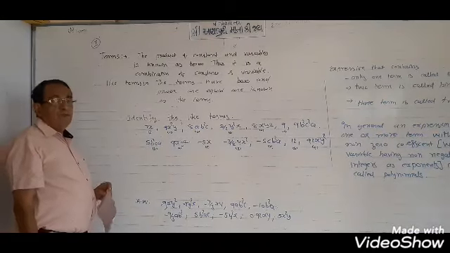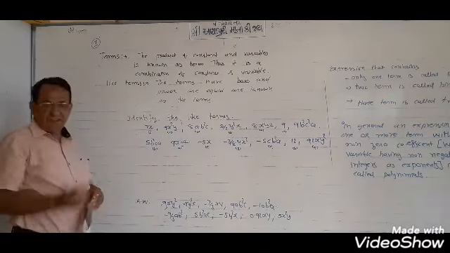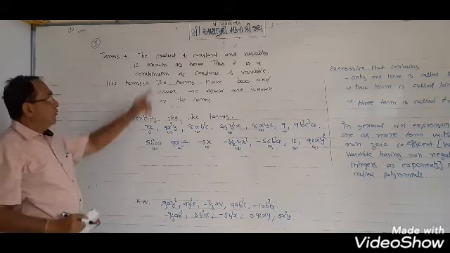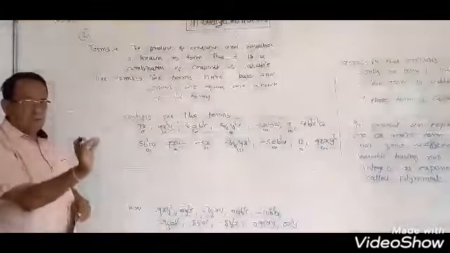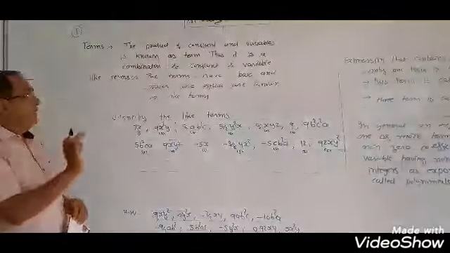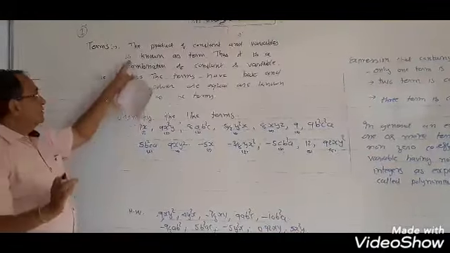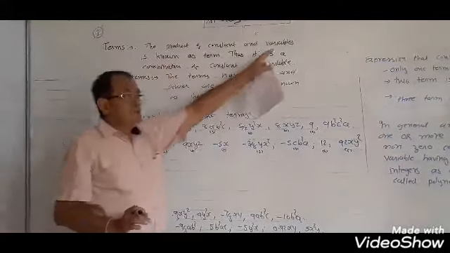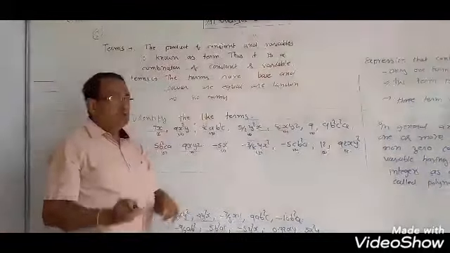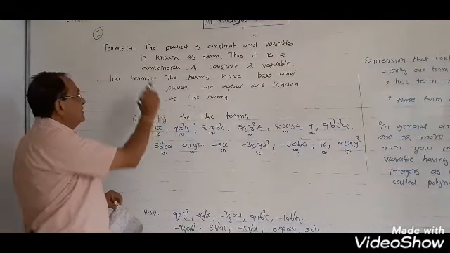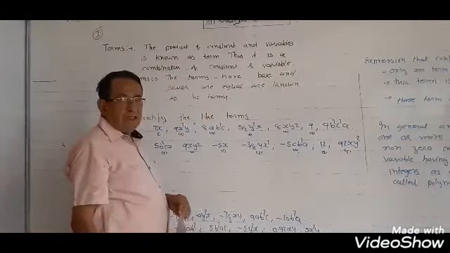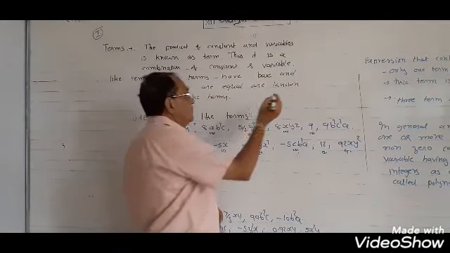Yes, yesterday we have seen the terms. Just revise it. The product of constant and variable is known as the term. It may be the product of constant and variables. It may be 1, it may be 2, 3, whatever, is known as the term. Thus, it is a combination of constant and variable, just as for example,